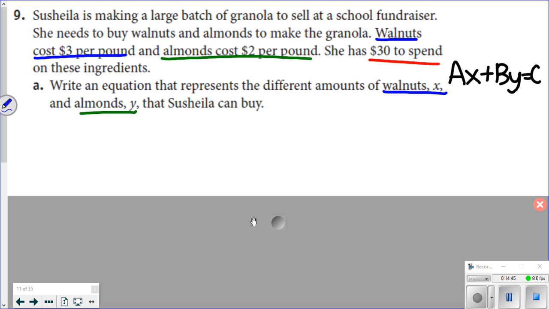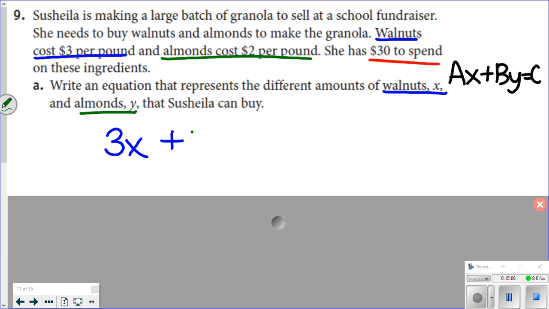How much do walnuts cost? $3. What variable or letter are we using for walnuts? X. Plus,